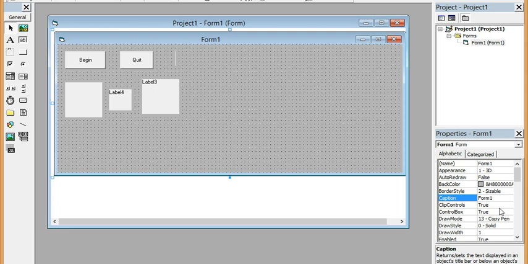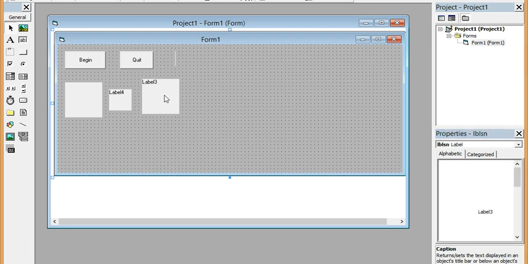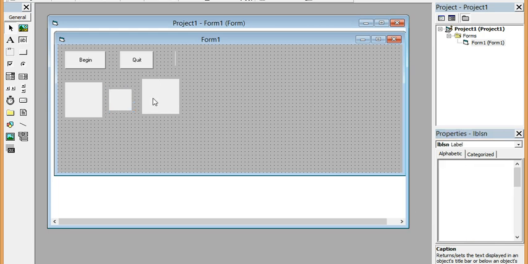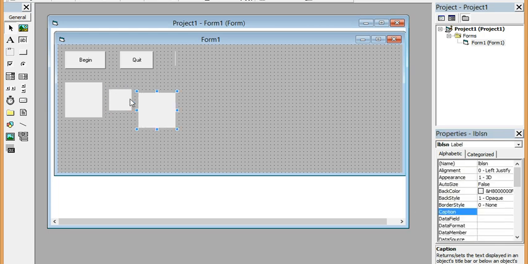Then label 4 should be LBLOP, label operation. Change the caption here to null also. Try to align them so they look straight,